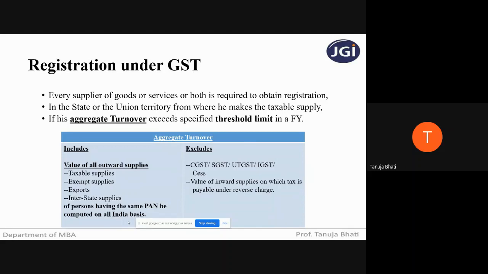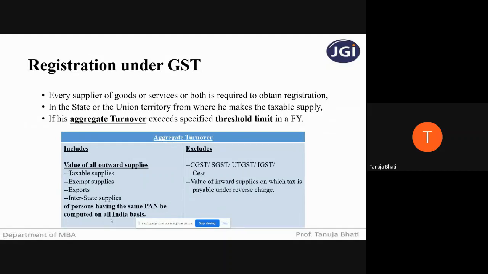So what you have to do is take the total of sales that you're making on all India basis, that is including Maharashtra, Karnataka, Madhya Pradesh and Telangana. Take the complete total on all India basis of the person having the same PAN. Means only you can total, since I have only one PAN number,